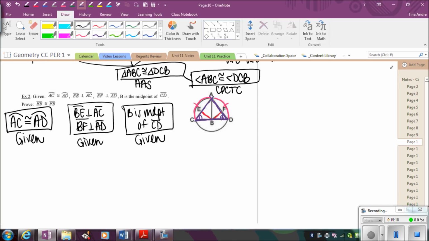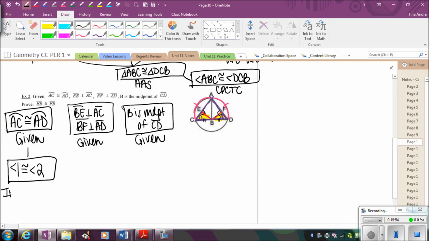We also have the perpendicular, which happened to make right angles in those smaller triangles. And if we look at the midpoint, B is the midpoint of CD, that gives us two congruent parts. So really this tells us we should be looking at these two small triangles here, proving that those two triangles are congruent, and that'll give us segment EB and FB are congruent. So what I'm going to do first is from these congruent arcs, I'm going to state that angle 1 is congruent to angle 2. And this is because in a circle,